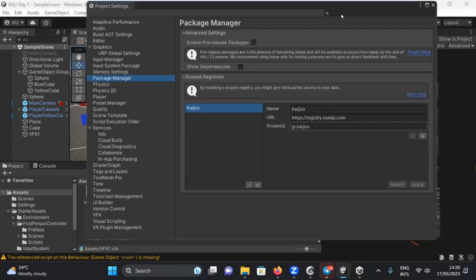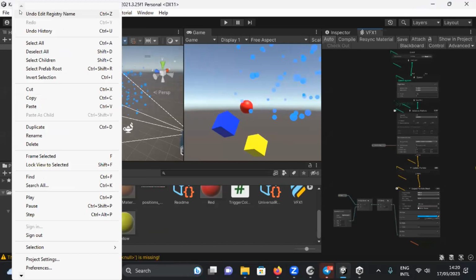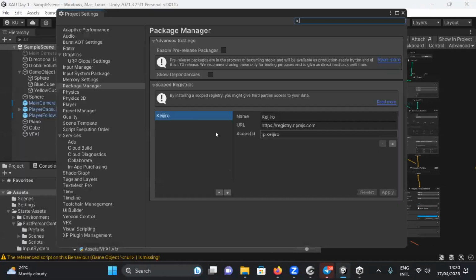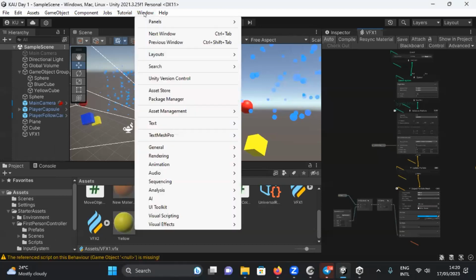So then we can close the project settings. I added it, but where can I see that I did this successfully? Well, it will just be in the project settings, package manager. It will just appear here with the name. That's it, nothing else now. But now, if I go to Window, Package Manager,